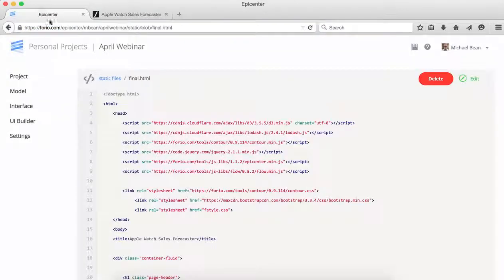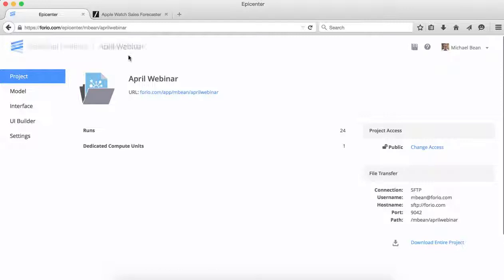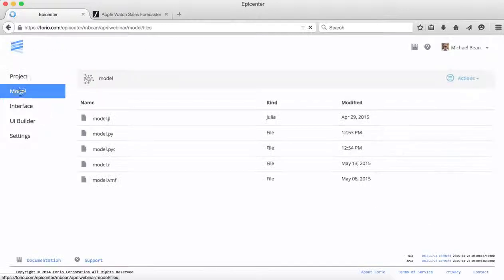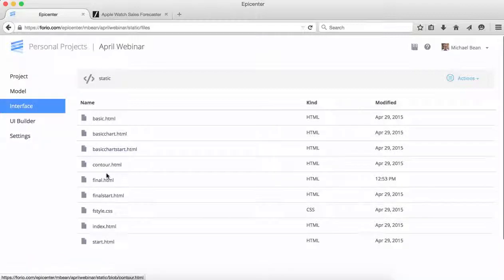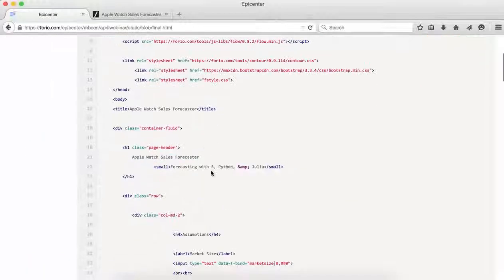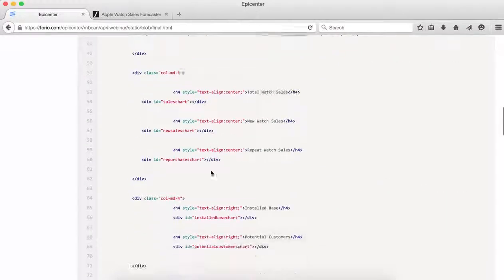If I go into Epicenter right now, I can see, here's my project for the April webinar. That's the name of this project. And I can see some model files and things. And in my interface here, for example, with this one that's called final.html, there's a section on,